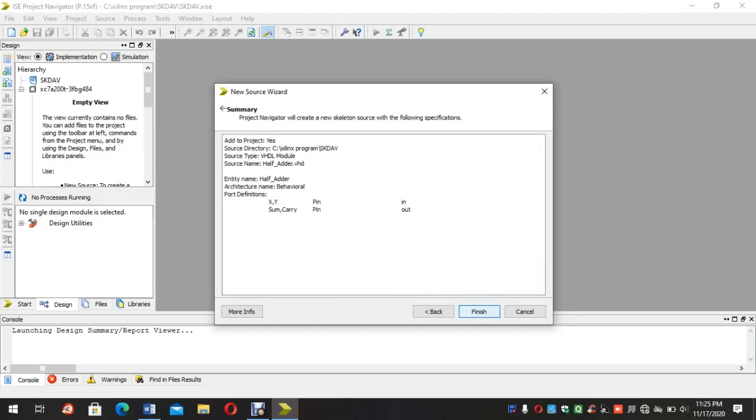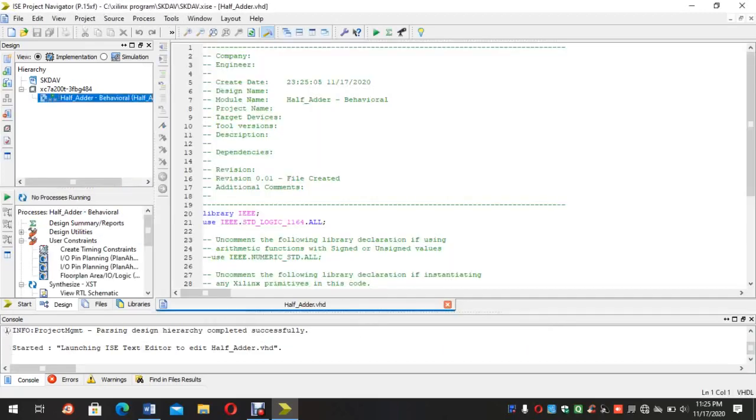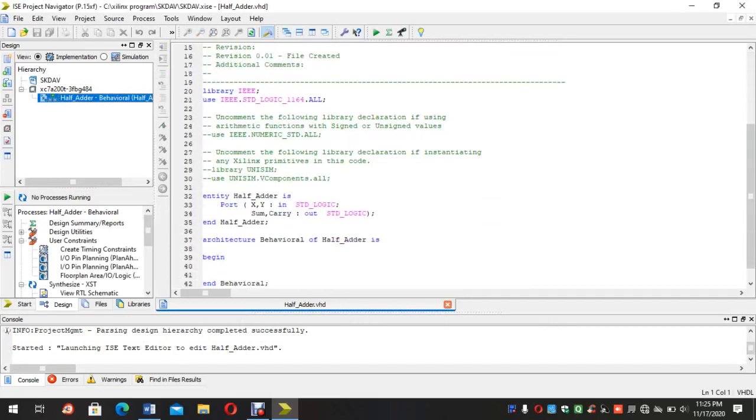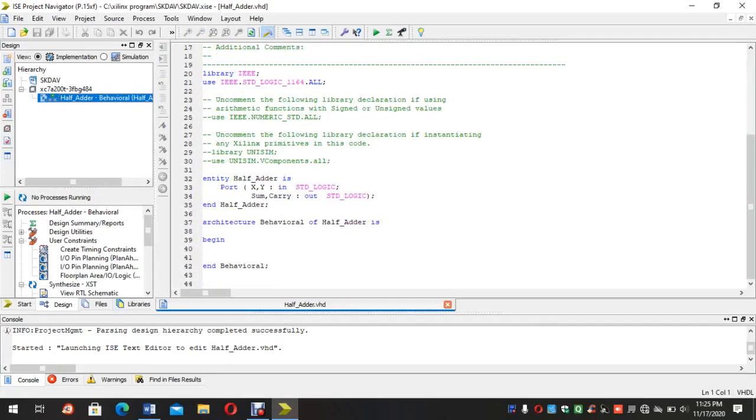Then next, then finish. Then this window is shown to you where the program with only the port names is created. So we have to give the functionality of the program.